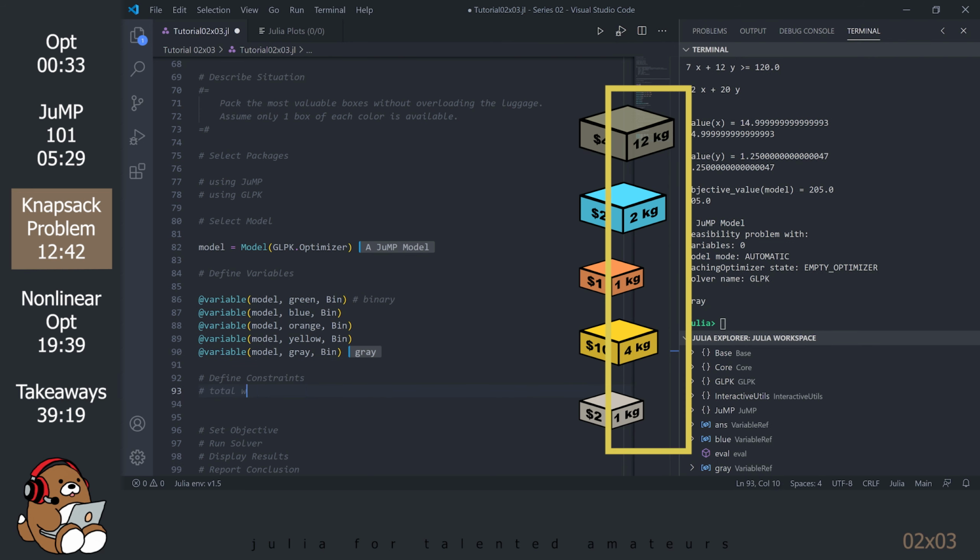Under Define Constraints, add a brief description and then enter in the constraints for the total weight function. Select the rows and hit Shift-Enter.